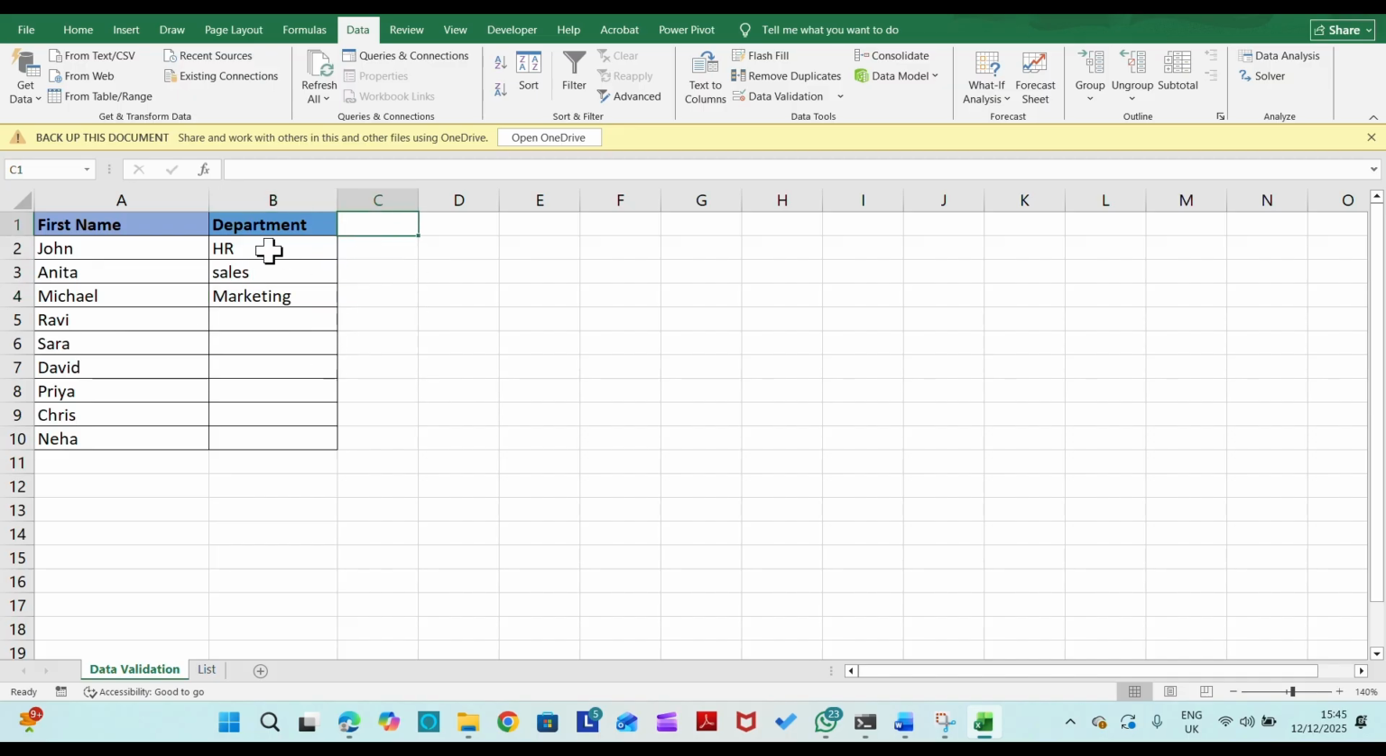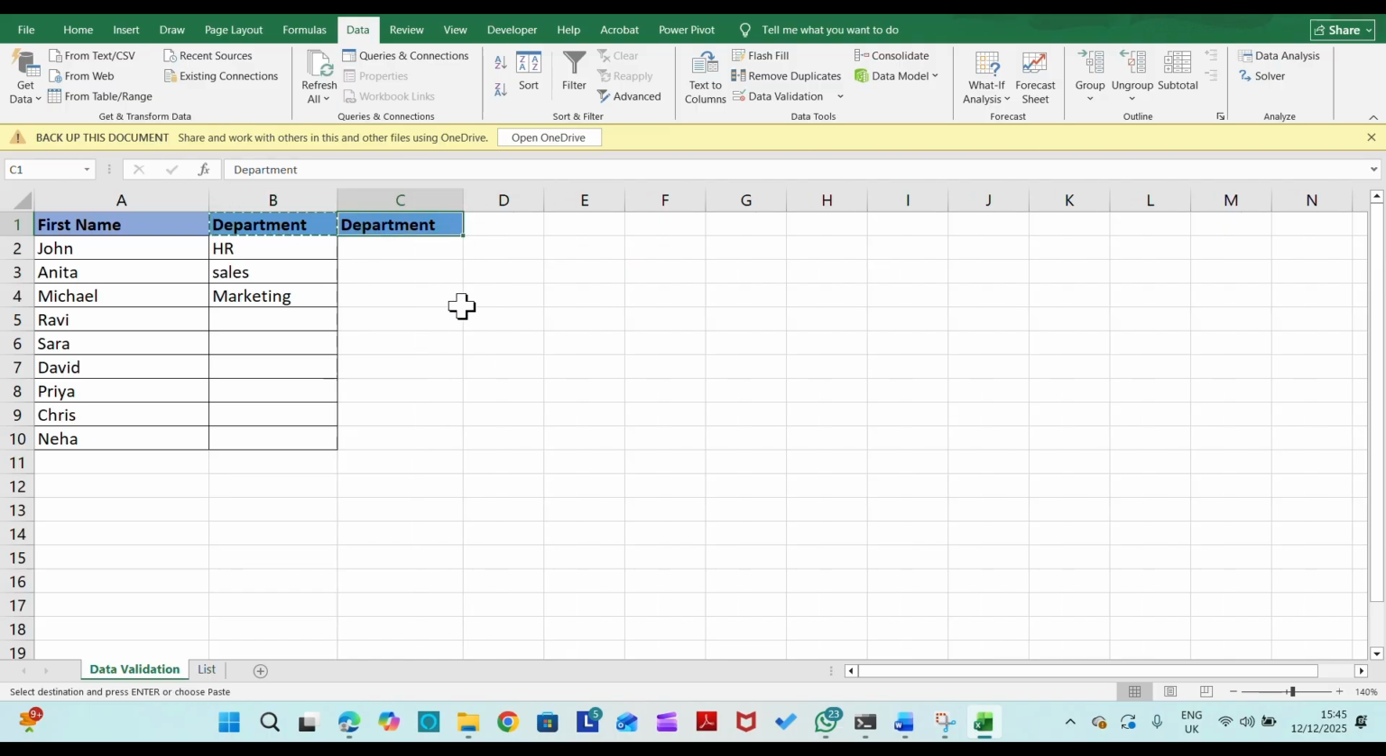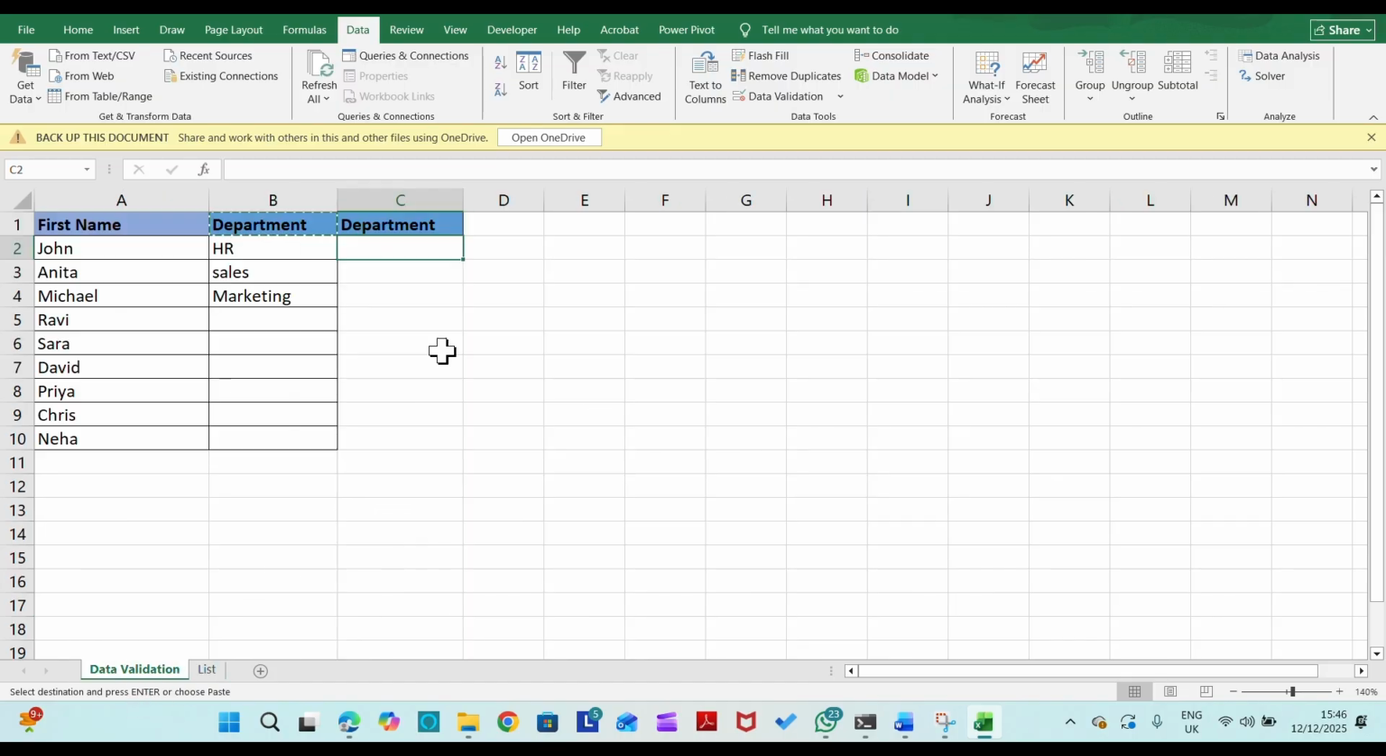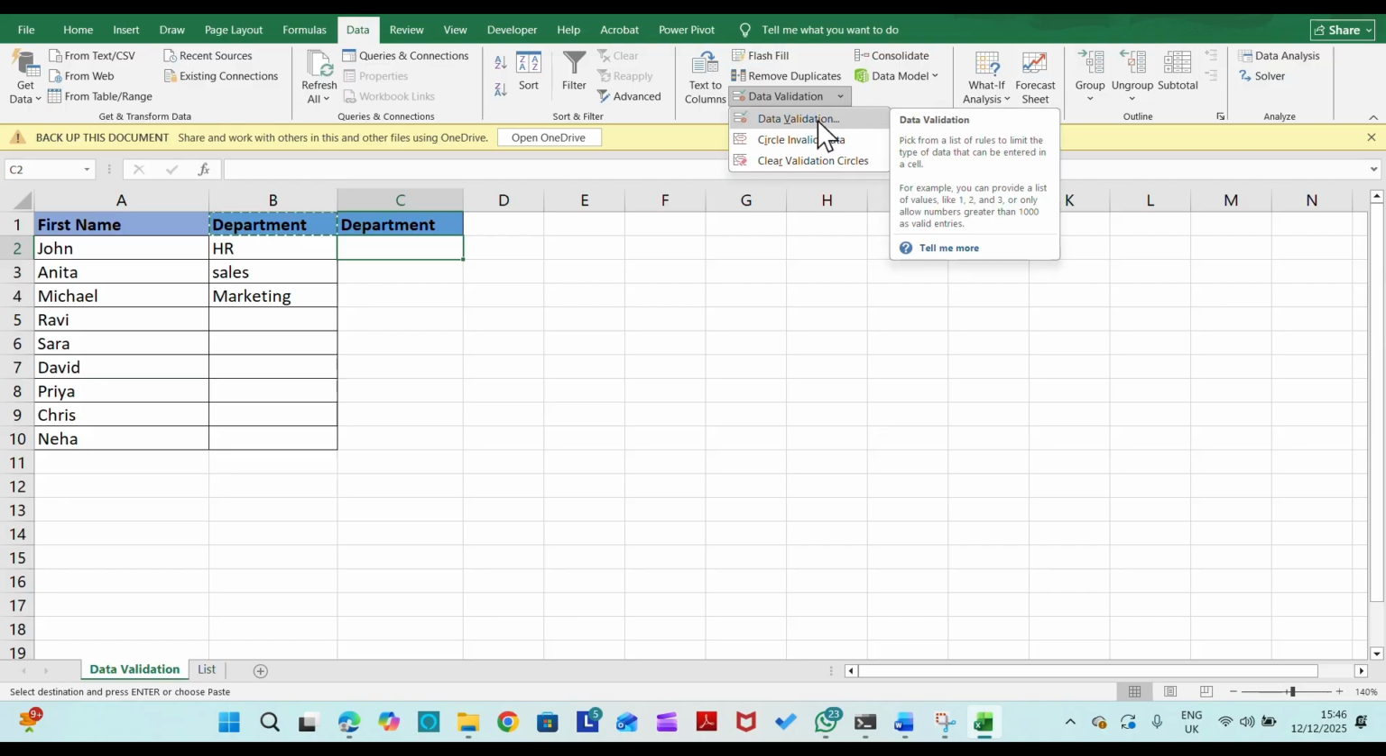In the same way, we can create a list in another sheet or another cell, so we don't need to type in data validation. For example, I have a list that has been written over here in the other sheet. In this column, if we want to have a drop-down list like this, what we can do is the same: go to Data, click on Data Validation,